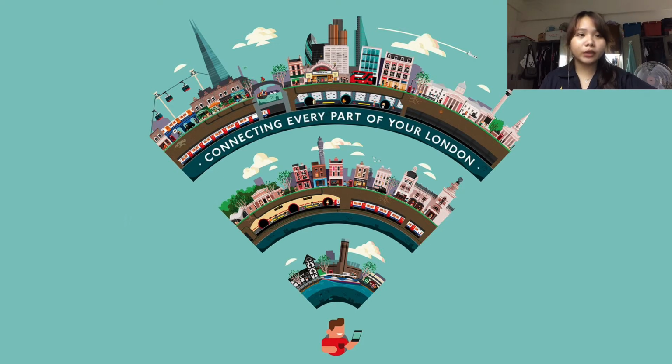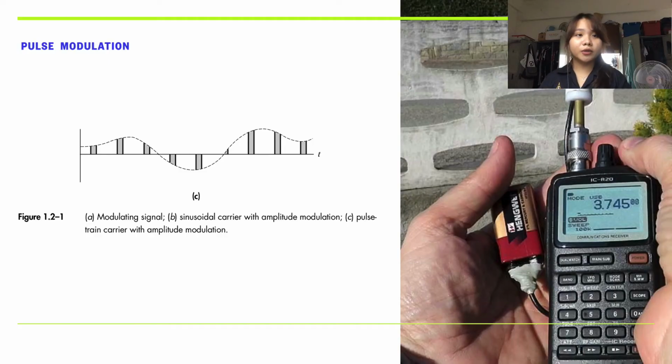In AM broadcasting, for example, the message spectrum typically runs from 100 Hz to 5 kHz. If the carrier frequency is 600 kHz, then the spectrum of the modulated carrier covers 595 to 605 kHz. Another modulation method, called pulse modulation, has a periodic chain of short pulses as a carrier